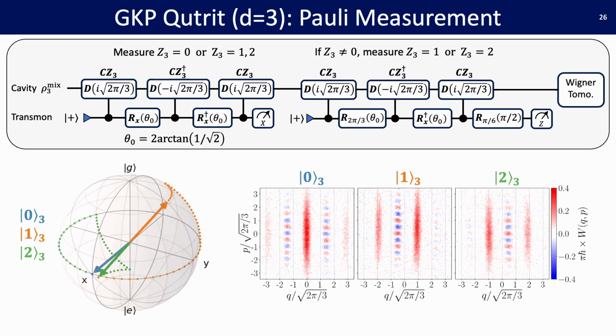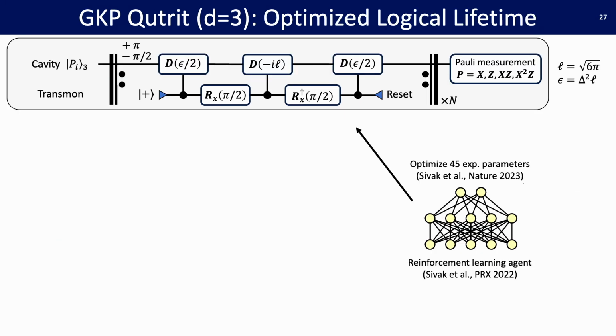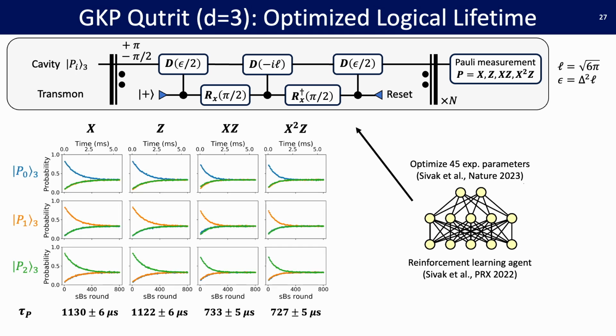And I should note here that there's nothing really special about measuring in the z-axis. You can measure in any Pauli axis by simply adjusting the length and direction of these conditional displacements. So as in our experiment with qubits, we're now able to perform state preparation, error correction, and logical measurement in an arbitrary Pauli basis. So we again optimize our error correction protocol using a reinforcement learning agent, and we characterize